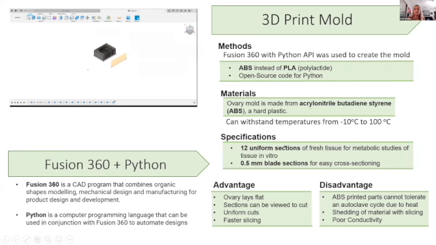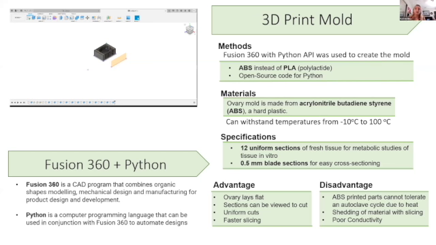And the specifications for the mold itself, it creates 12 uniform sections, and each section here is about 0.5 millimeters for the blade. So an advantage was that the ovary lays flat. The sections can be adequately viewed to cut. It also created uniform cuts, and it was faster slicing. A disadvantage was that ABS printed parts can't go through autoclave due to the heat, so it has to